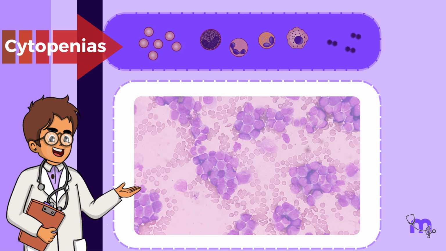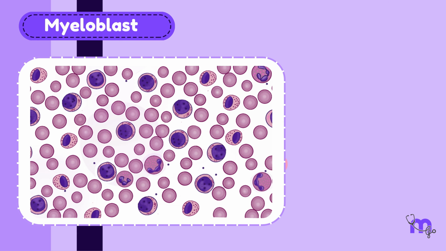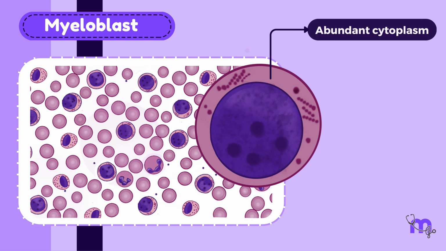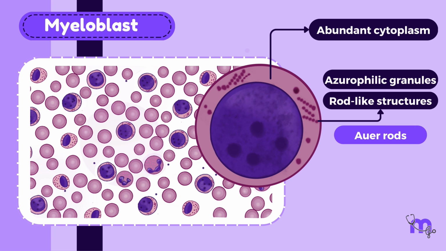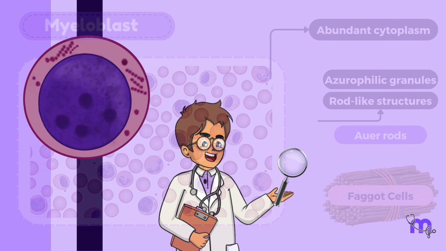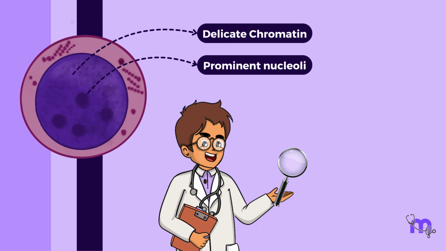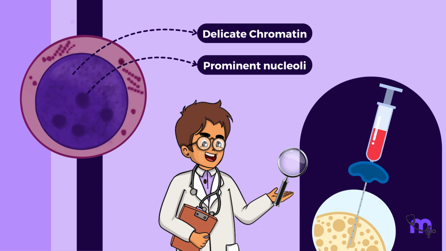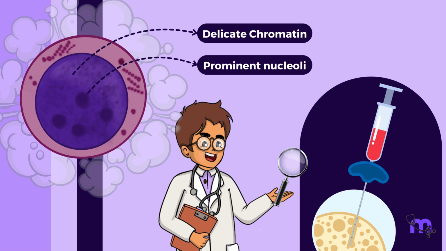A peripheral smear and bone marrow studies give a good view of the blast morphology. Myeloblasts are large abnormal cells with abundant cytoplasm, fine eosinophilic granules which align themselves into rod-like structures called Auer rods. Sometimes these multiple rods can be seen together like a bundle of sticks, hence the name faggot cells. Their nuclei have delicate chromatin with multiple prominent nucleoli. Bone marrow aspiration and biopsy are done for confirmation, where the same kind of blasts are seen sometimes almost replacing